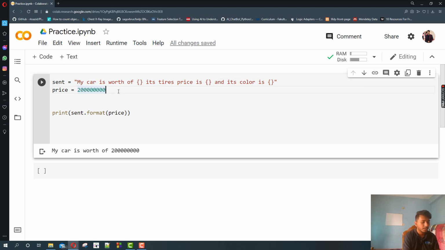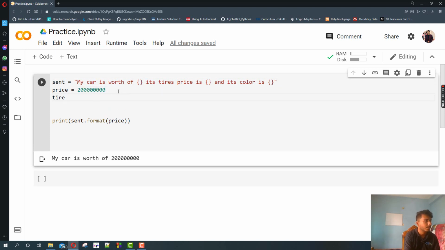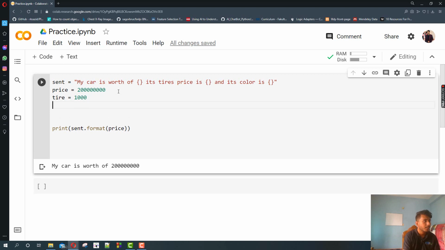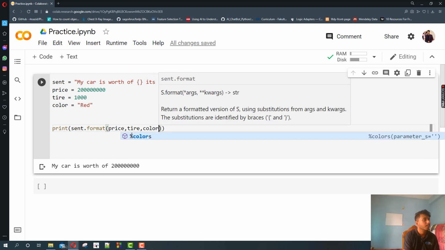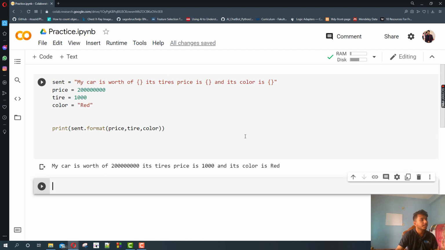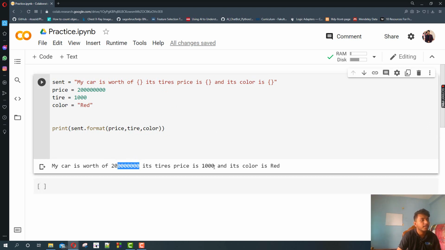Now I am assigning another variable, maybe 1000, and color is equal to red. Now what will happen, price, tire. See what is printed: my car is worth of this amount, its tire price is this amount, and its color is red. So you see it will be printing sequentially.